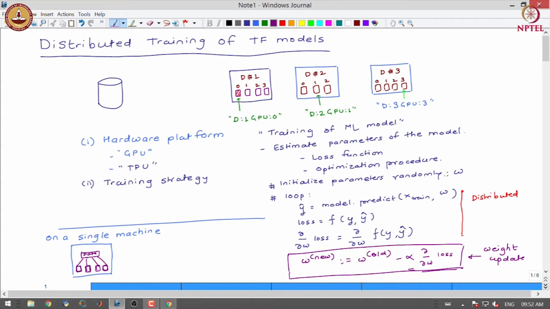So, here all the GPUs are working synchronously. So, this is called as synchronous training strategy. And here we are mirroring data on each of the GPUs. So, this is called as mirrored strategy.